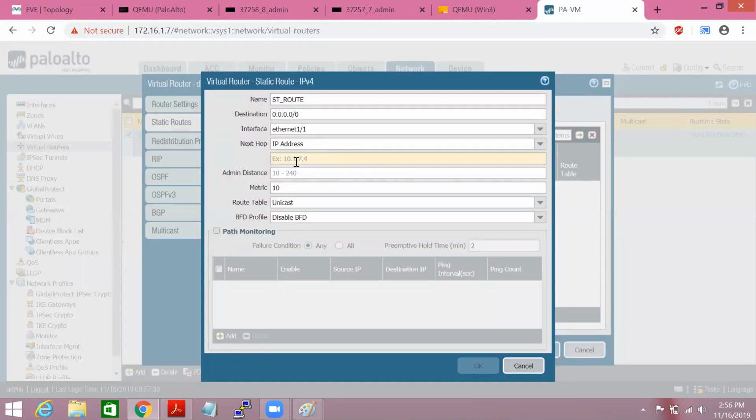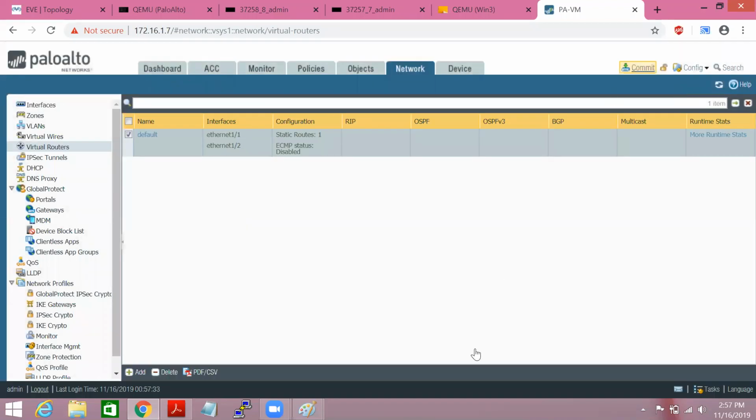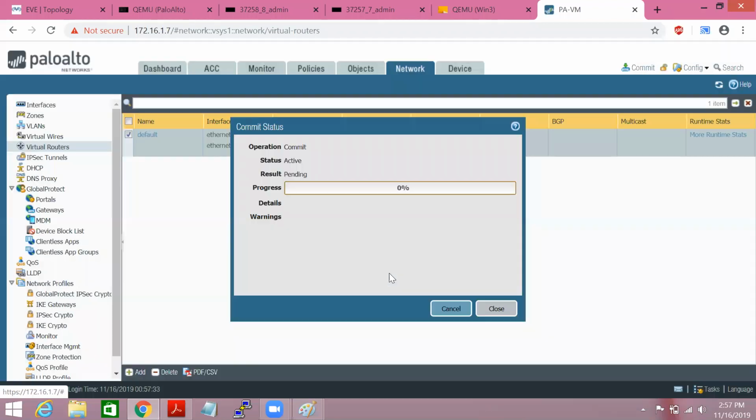The next hop IP on the WAN side is 101.1. Just click OK, and then commit.